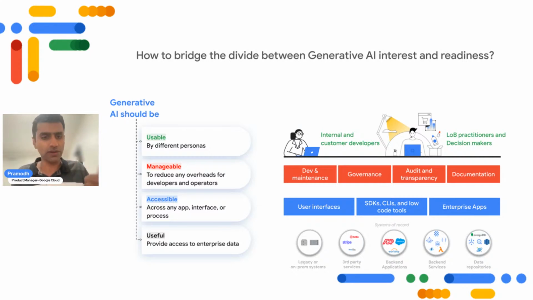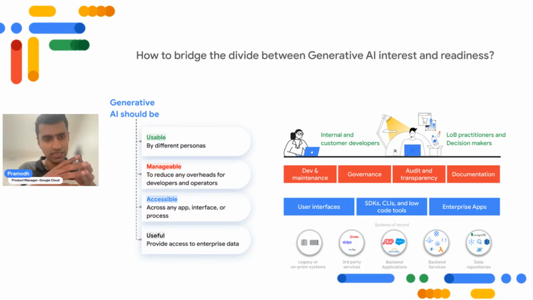For Gen AI to be ready to get to the scale of where the internet is, it has to be useful. What do we mean by useful? Useful is not just writing a song or completing a document, but rather useful in the context of the work which you are trying to do, which means that it needs access to your enterprise data. It could be your HR system, your CRM system, your ERP system, or the app which you use day in and day out. Gen AI needs access to it so that it could provide relevant recommendations and relevant assistance to get your work done.